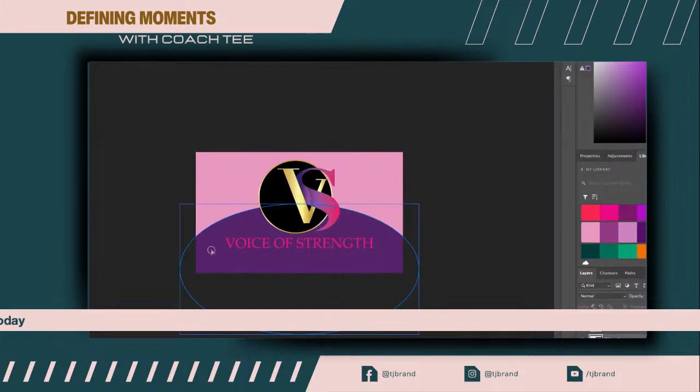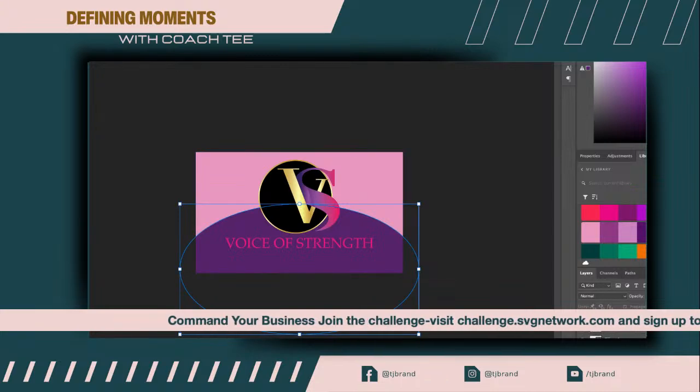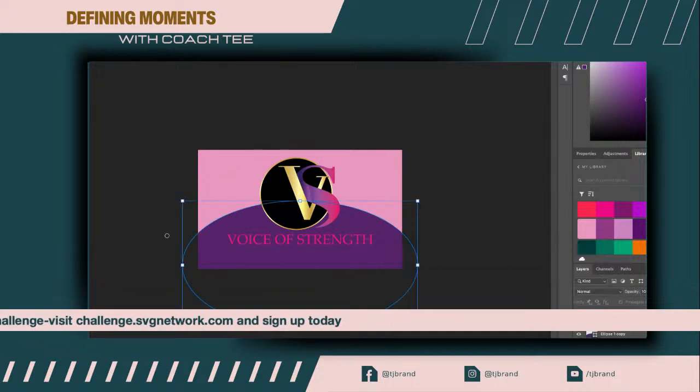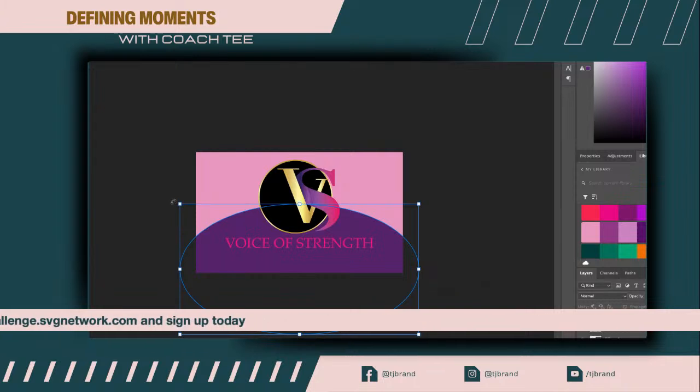You have that color there, and then I'm going to duplicate this. I'm going to duplicate the same exact shape by pressing Command J or Control J on your keyboard. And I am going to go back to the original ellipse, and I'm going to change that color to, let me see what I want to do, maybe an off-white. Then I'm going to manipulate it and bring it up some. So you see in the background, it has that little shape that's manipulated back there a little bit.